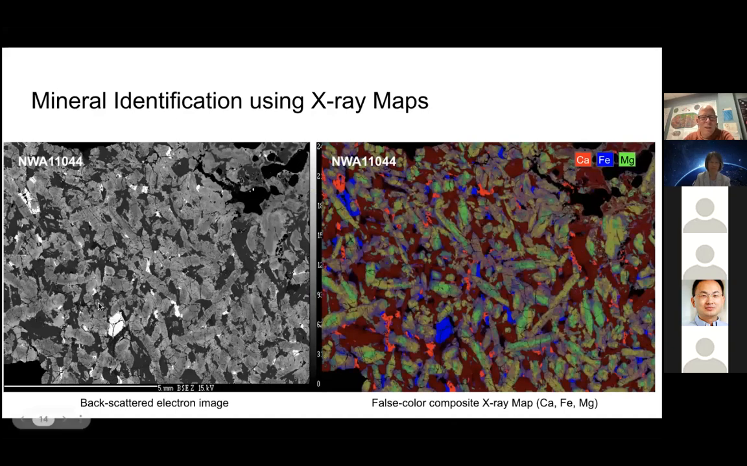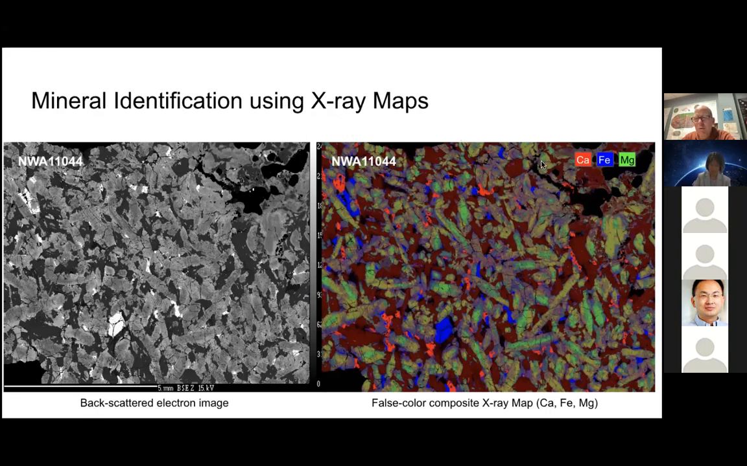So in these images, the image on the left is what's known as a backscattered electron image. It does a really good job of showing us what the constituent minerals of the rock are and how they're different from one another according to their average atomic weight. Now the image on the right is what's called a false color composite X-ray map, and it's composed of 3 different images that are stacked,